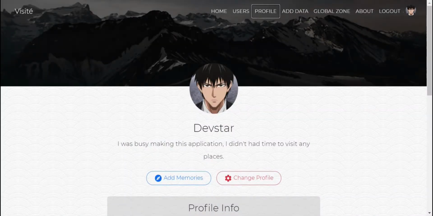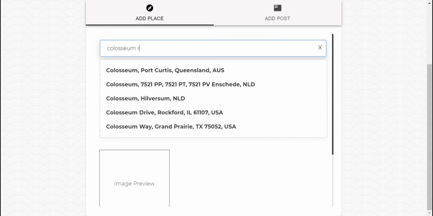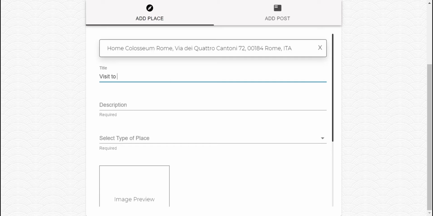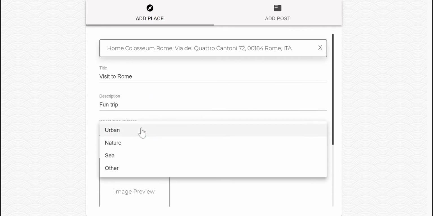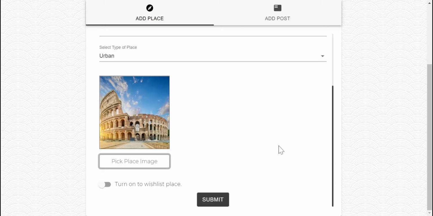You can see the current user by clicking on the profile button. From here you can add places or posts. In add place there is an automatic place search bar which lets you search a place anywhere in the world. Further you have to give a title, description and type of place, that is urban, nature, sea or other. Provide an image for the place and select if you want it to be in the wishlist or visited list from